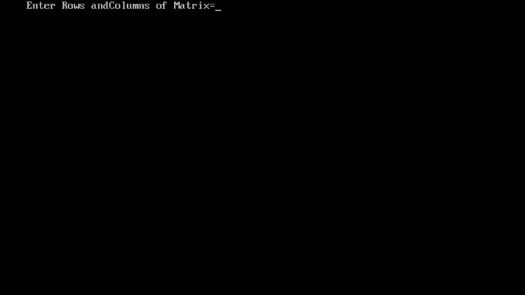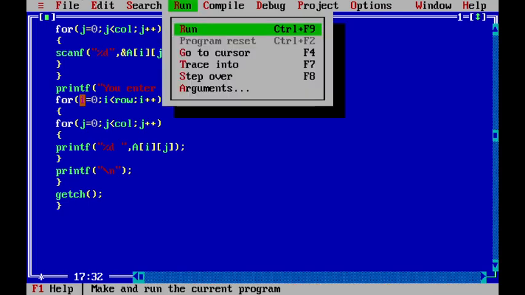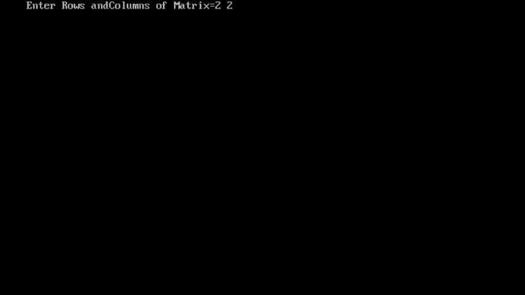So now if we set the number of rows and columns to 2 by 2, and enter 4 entries, 1 2 3 4, you can see your matrix is 1 2 3 4. We want a new line after this. So if we run one more time, say 2 by 2, we enter the matrix 1 2 3 4, you can see the matrix is 1 2 3 4.